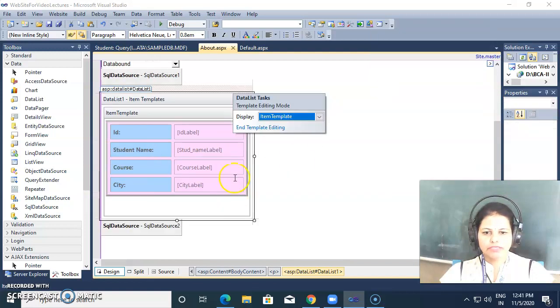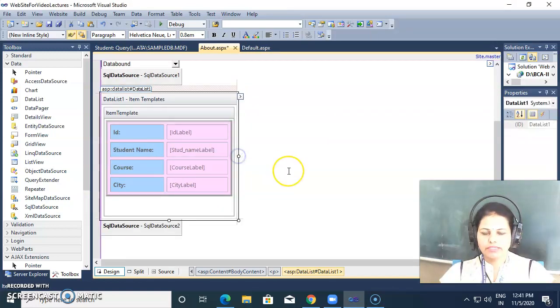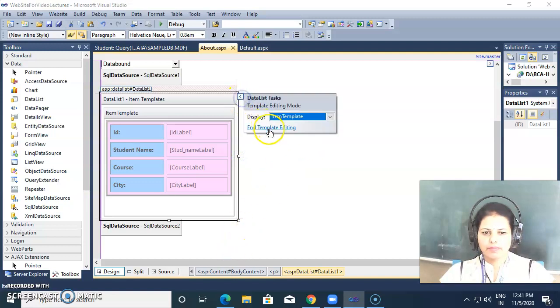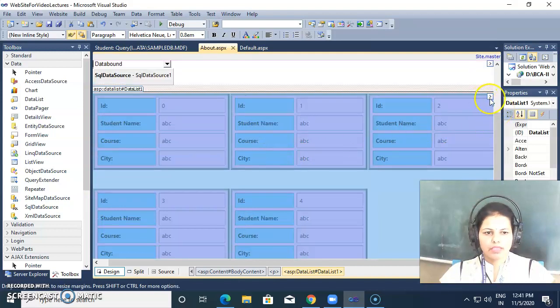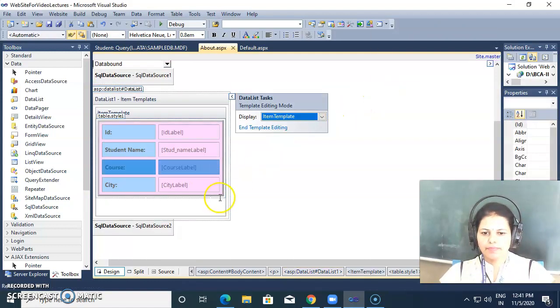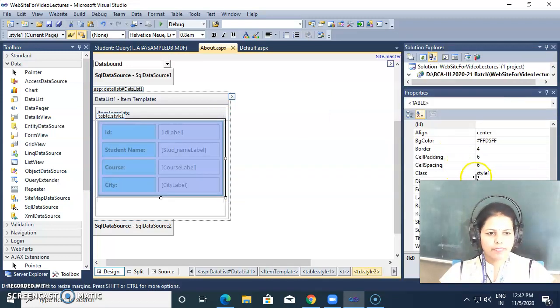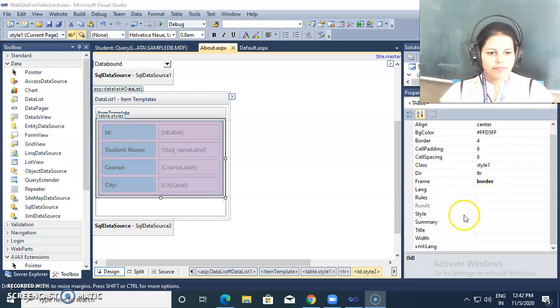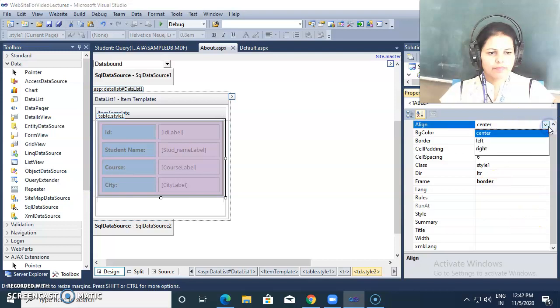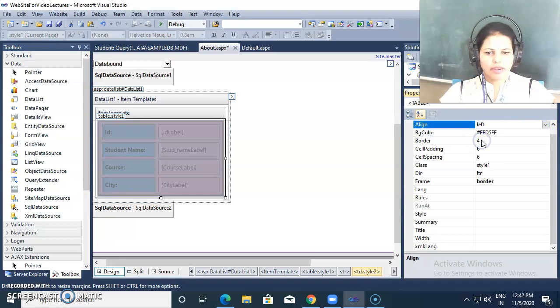Click on this edit templates, then we may reduce this size, and then see, then again edit template, and I want to give align center, then class style 1, then border, then style, align left if I'm giving, and then style.